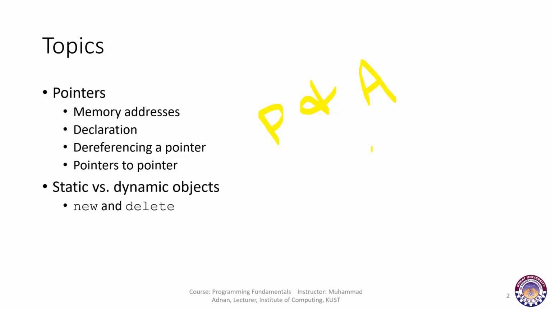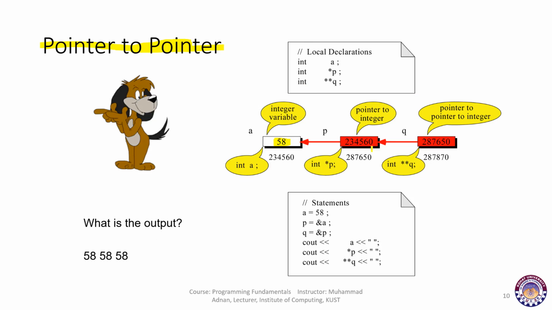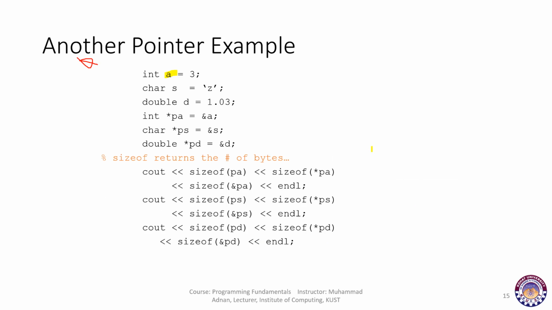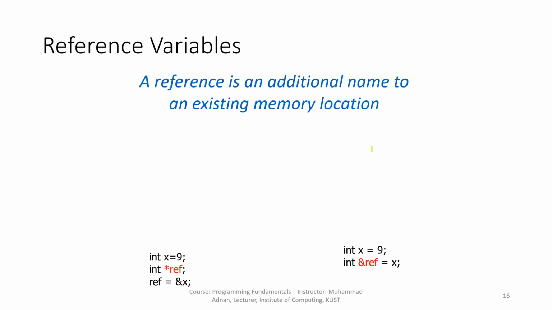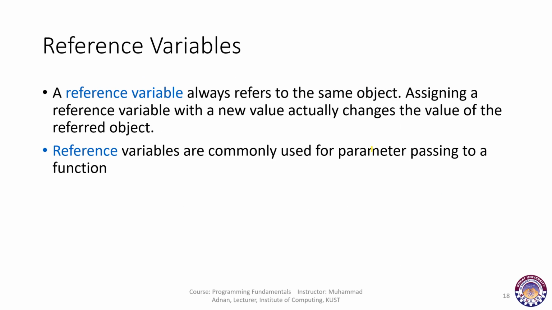So with that, I'm going to jump straight to the desired slide. Okay, so yes, we were on this slide, and we discussed that a reference variable always refers to